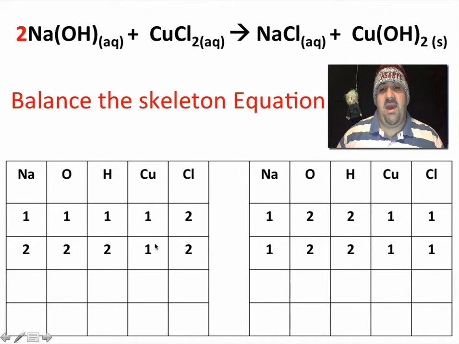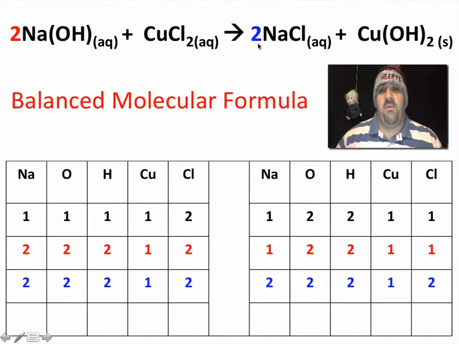And let's look over here. Well, unfortunately, we balanced our oxygen. There's 2 of them, but we unbalanced the sodium. So now this side over here has more sodium than this side. How could we fix that? Well, let's put a 2 here and see what happens. And when we put a 2 there, now we have 2 sodium on this side, 2 sodium on the other side. And there's still 2 oxygen,